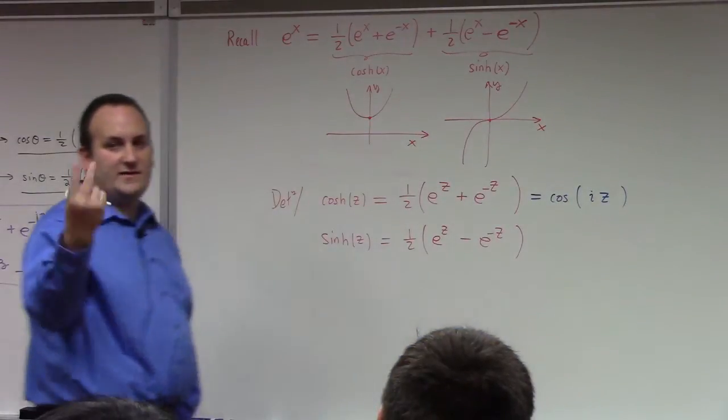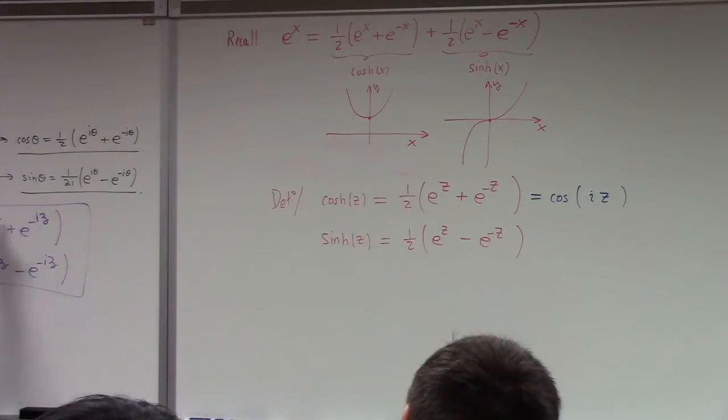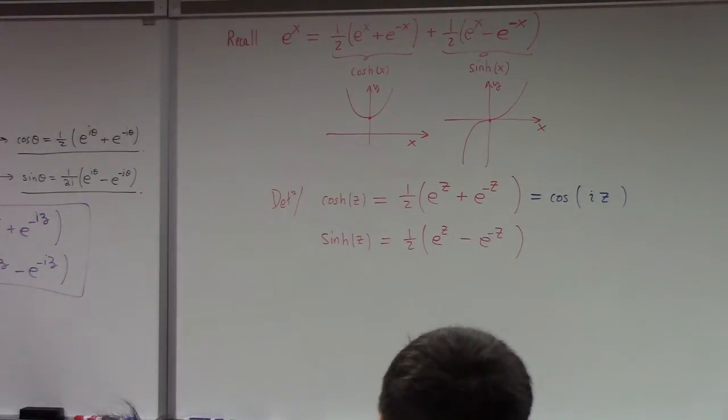See, because if you take iz and put it in the place of z here, you get i squared z, which is minus z, and you get minus i squared z, which is z. So e to the z plus e to the minus z, but they're in opposite order. How about the sinh